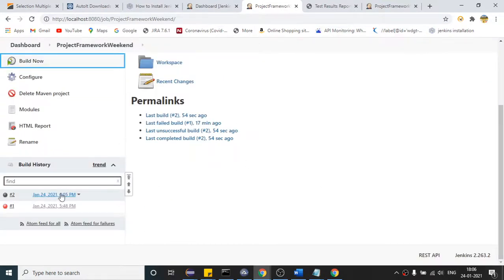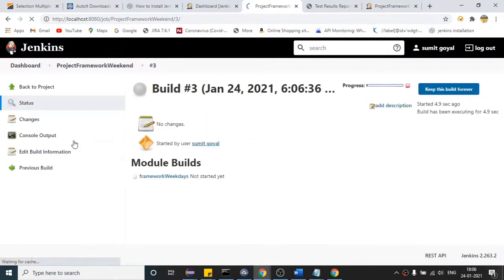Now it will run a third time. You can see the console output.